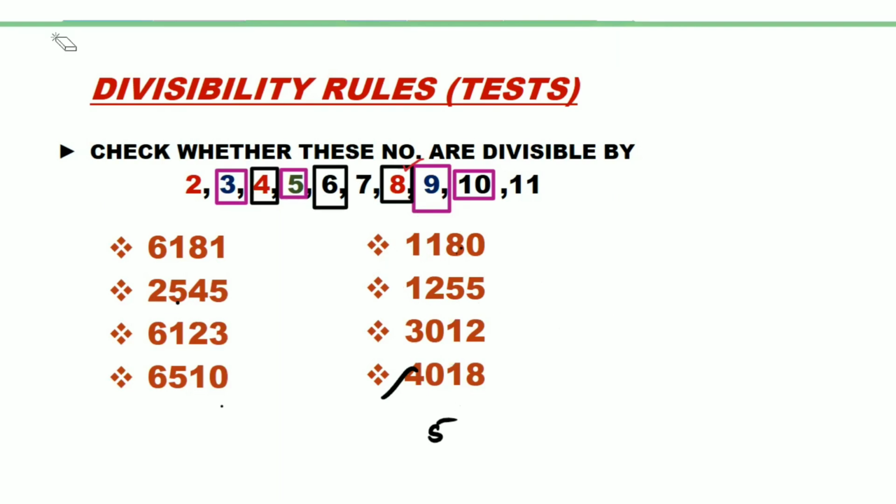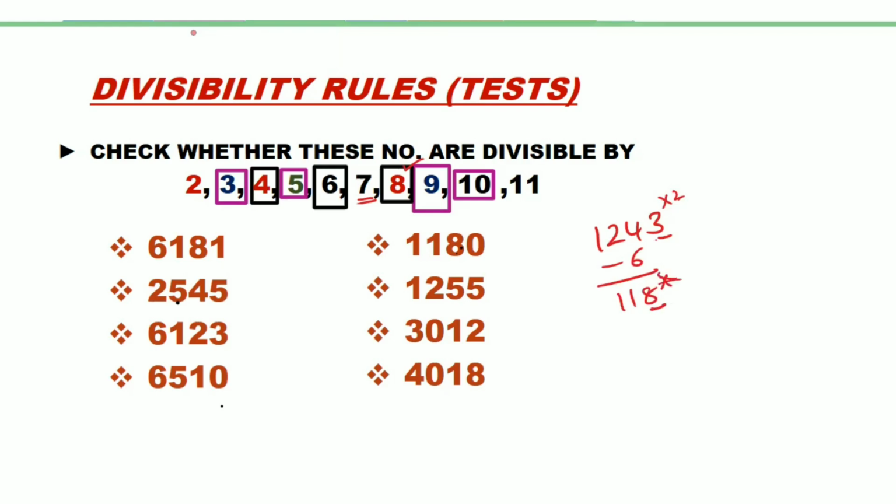And 7 का डिविजिबिलिटी टेस्ट सीखने के लिए हम क्या करेंगे? For example 1, 2, 3, 1, 2, 4. Let us take this number 3. We need to check this number by 7 or not. Okay, what we will do? 3 times 2 is 6. Minus 6 करिए. 1, 1, 8 you will get. Now just times it by 2, that is equal to 16.